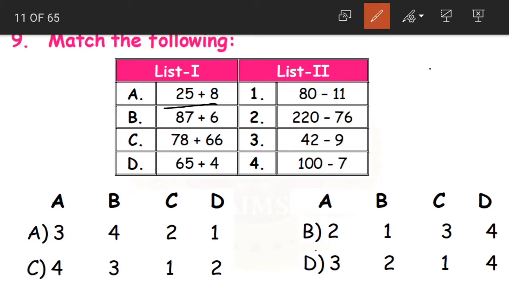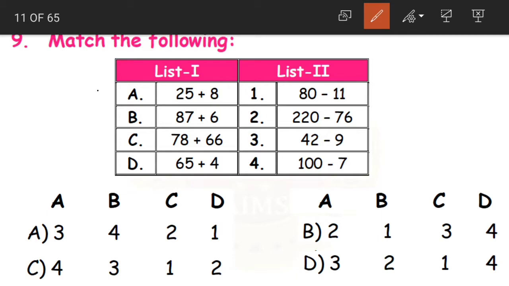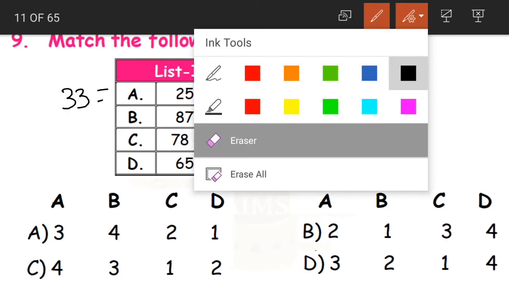See, 25 plus 8 is what? 25 plus 8. 5 plus 8 is 13. 1 carried. 2 plus 1 is 3. 33. So 25 plus 8 is 33. Yes, children. Now if you look at the given options here,